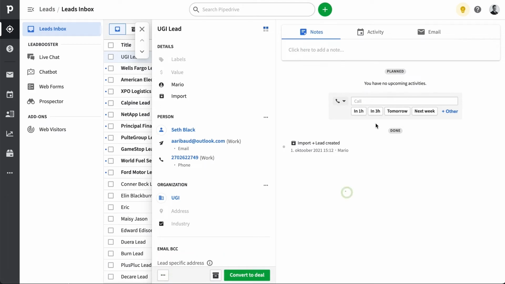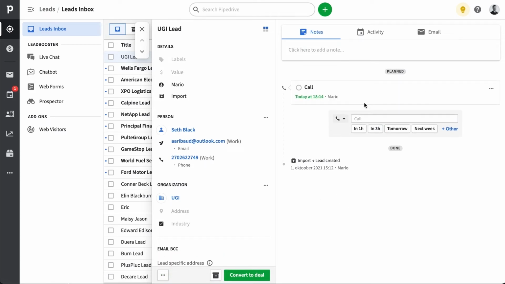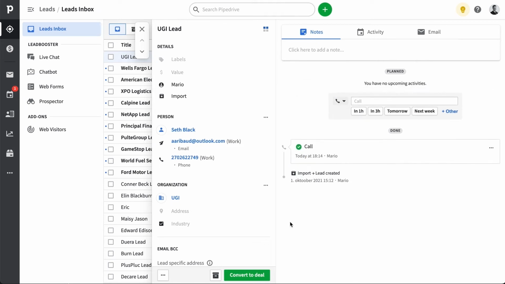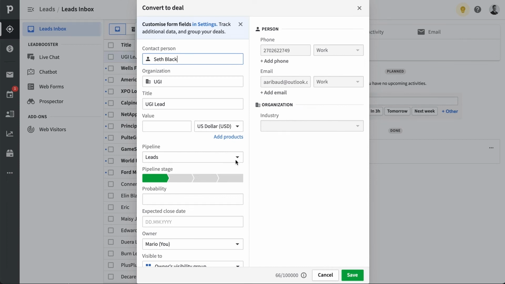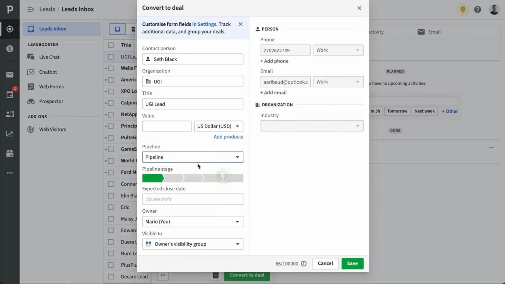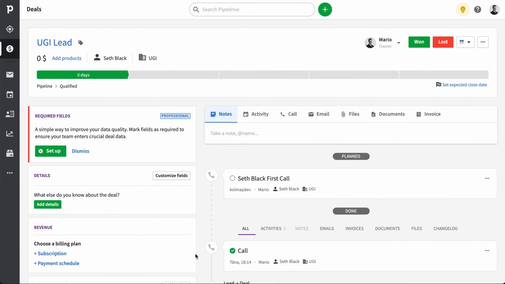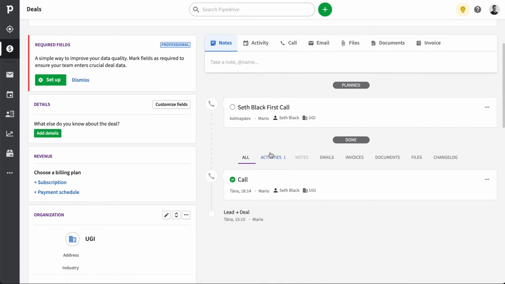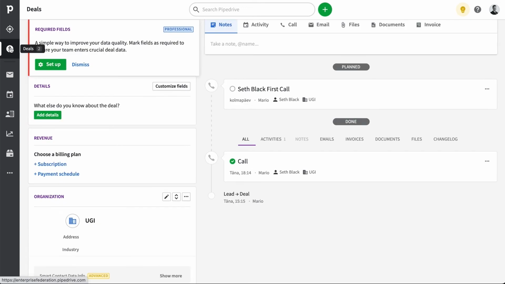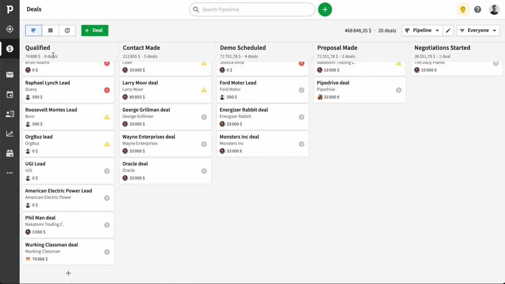Now let's say we're doing our thing and we're banging out some cold calls, and one of these leads here is just super interested in one of these Snuggie blankets that we resell or something like that. Well, let's convert this lead into a shiny new deal for our sales pipeline since we're feeling confident. Let's just select which pipeline and stage this deal should go into. And will you look at that? It's even carried over a history of the previously recorded activities and notes. Nifty. So now with this system in place, we know that any deals coming into this stage are quality leads that we can really rely on.